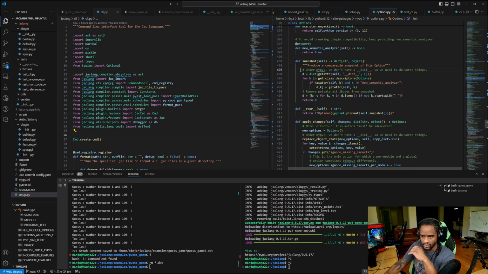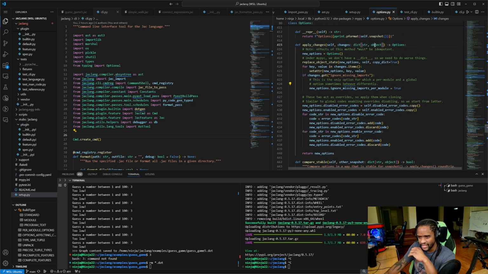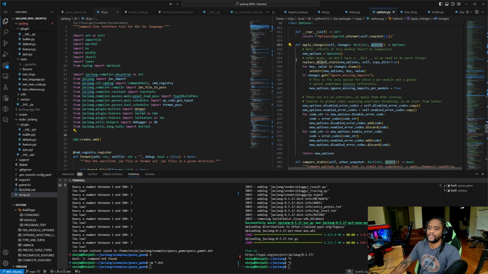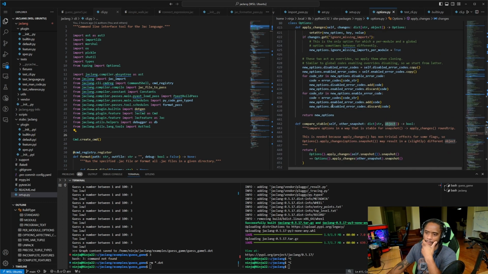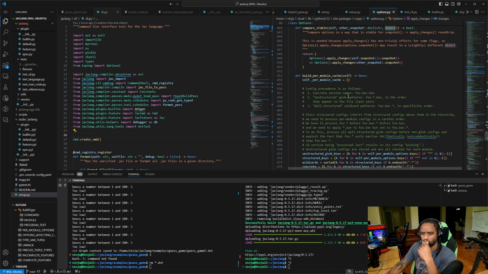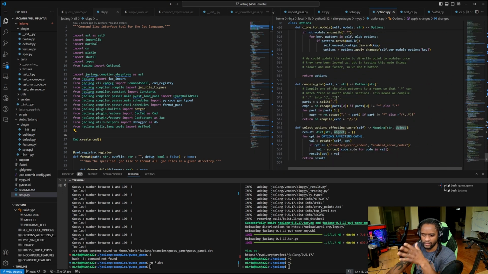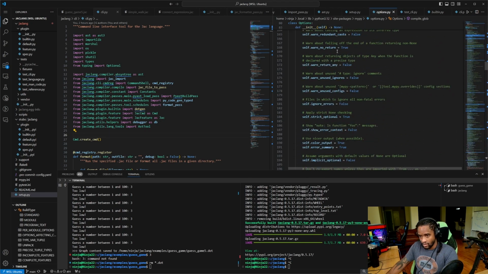I don't know what these, produce a comparable snapshot of this option. Yeah, I don't know what MyPy is doing with this type of stuff. Apply changes. Changes is a dictionary of strings and some arbitrary value, some arbitrary other value, let's say. So yeah, I'll just build whatever makes sense for my project, but I want to do it like this,